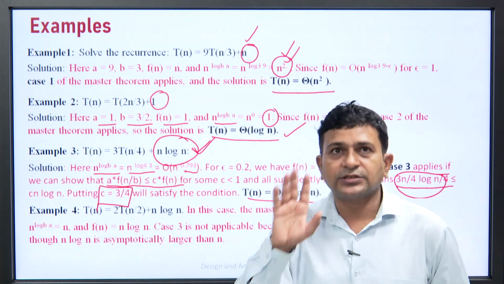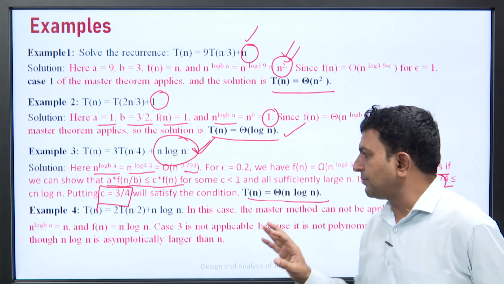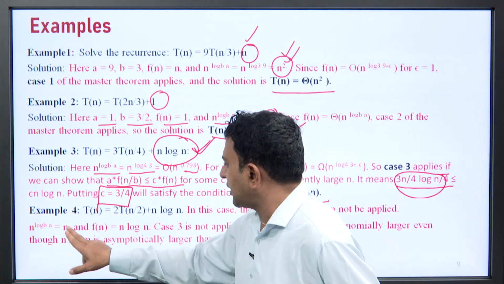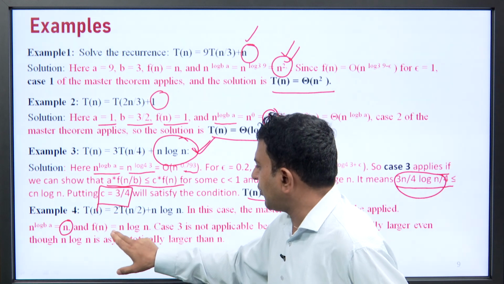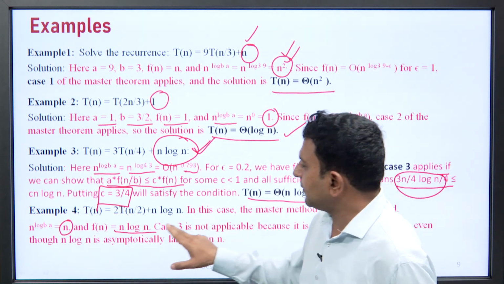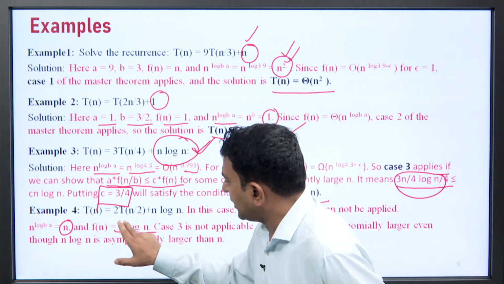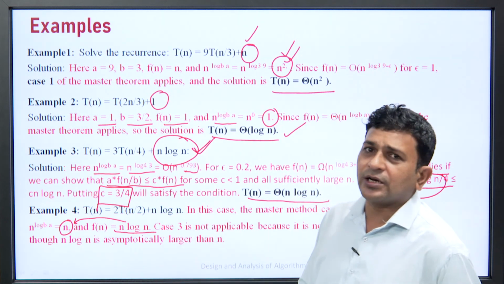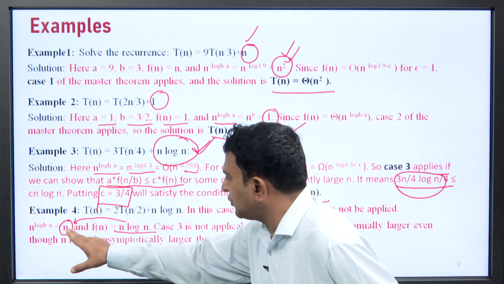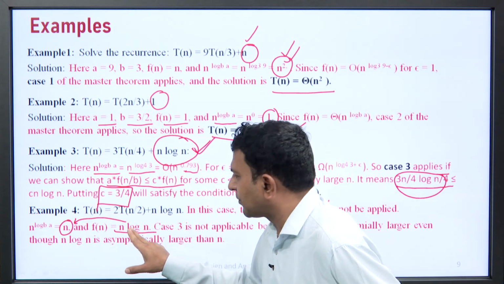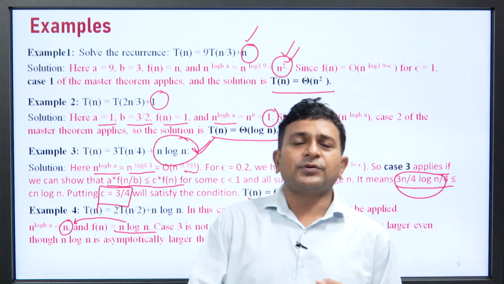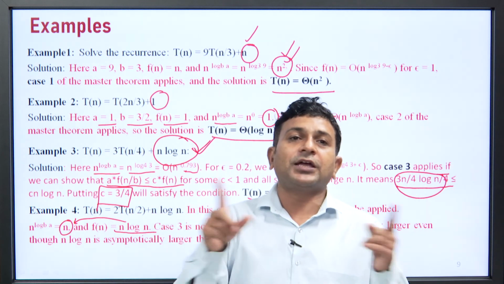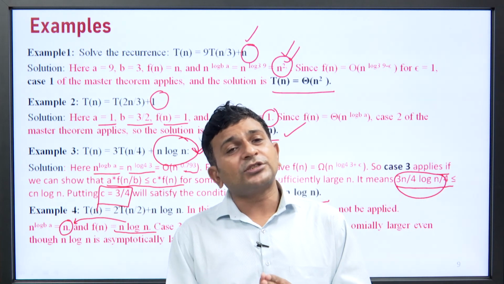Now, for the last example, actually here we cannot apply the master method, because if we compute n to the power log a base b, what we get here is n only, and if we see the f of n, it is basically n log n. Just see here, although asymptotically f of n is greater than this term, what happens if we see the polynomial order? In polynomial order both are the same, here n raised to the power 1, here also n to the power 1. So, the polynomial order is the same, but if we see the asymptotic order, this term is larger than this term. So, here we cannot apply the master method, because in both senses it should be the same.